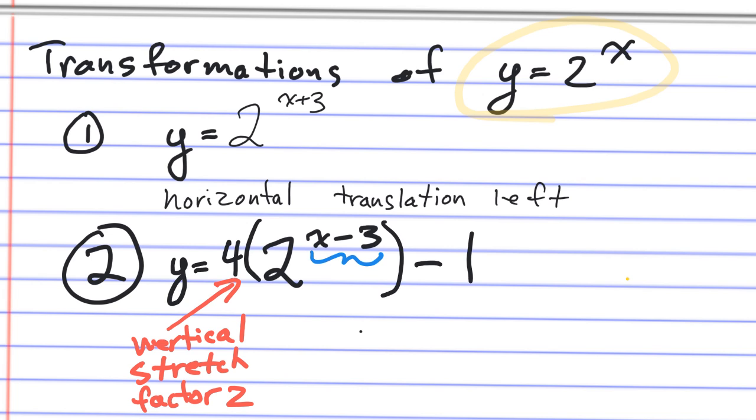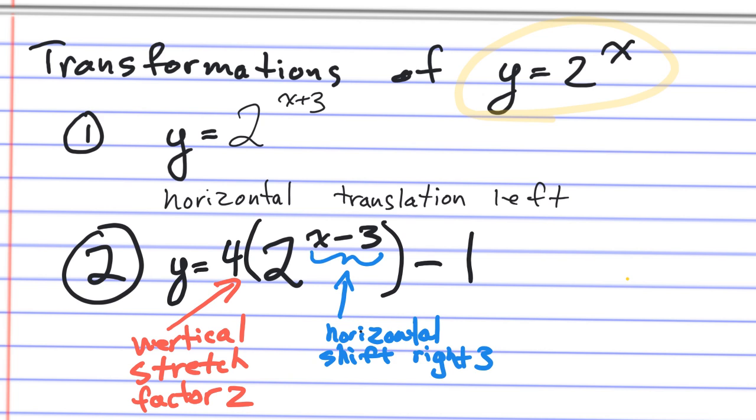This part here tells us that we have a horizontal, that's a Z, horizontal shift. Let's go right 3. And this last one,